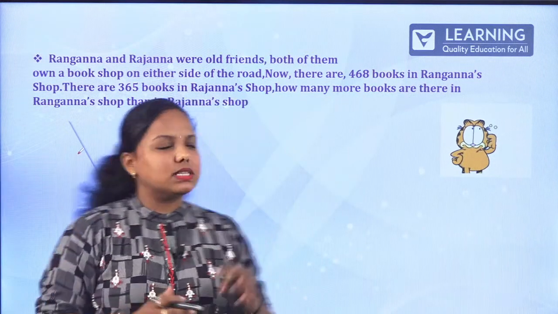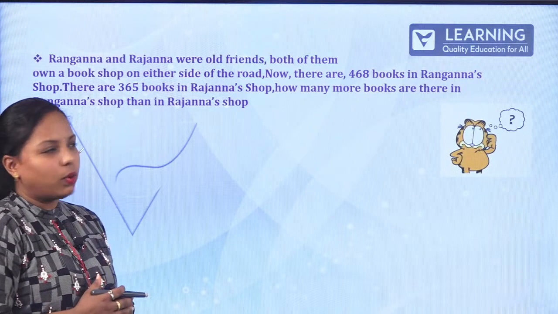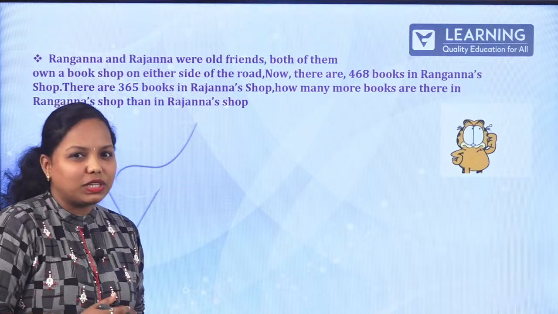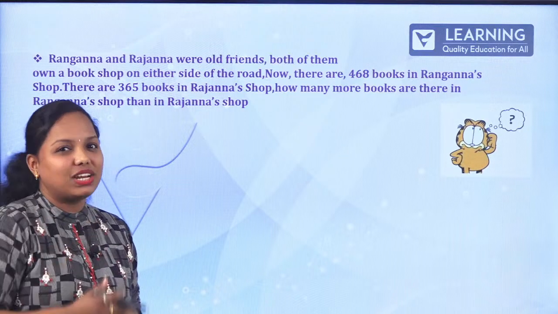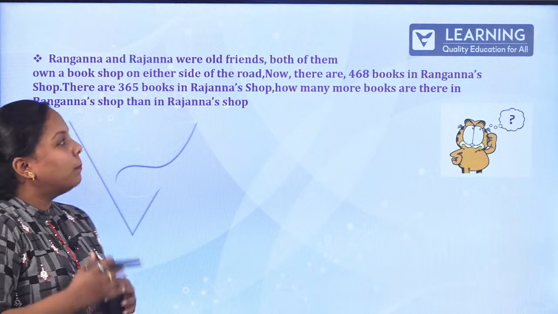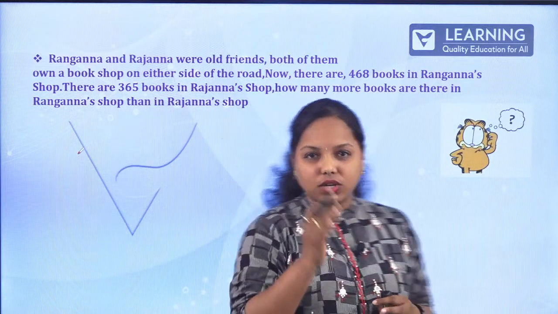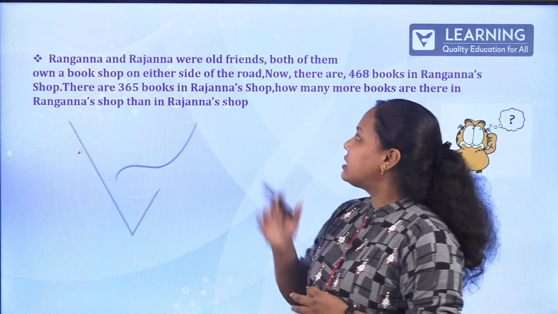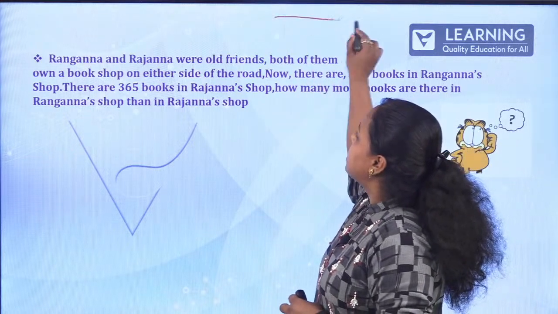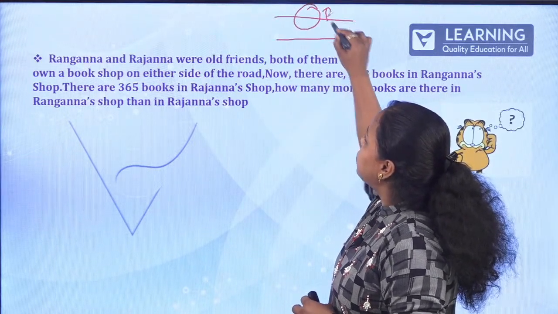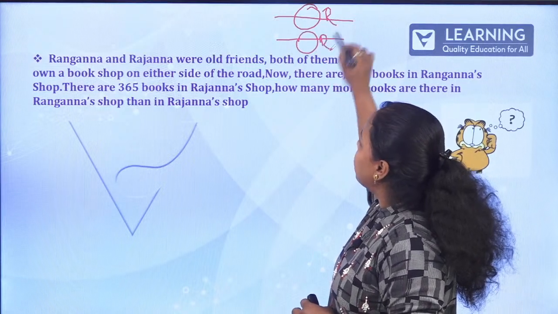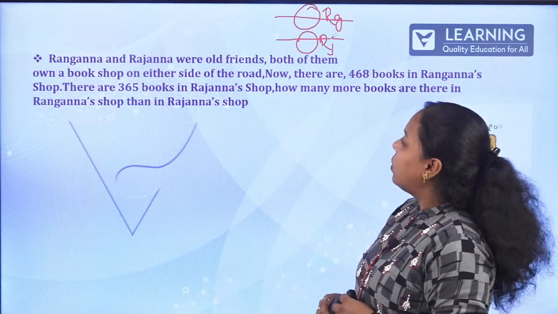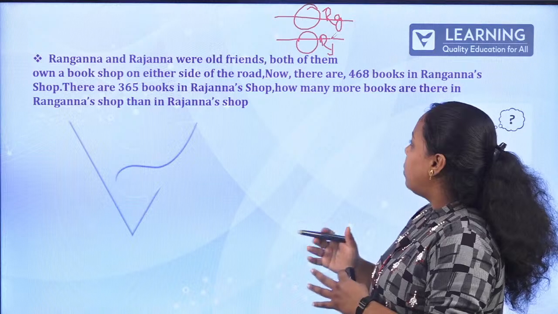Now, the problem is: Rangana and Rajana were two old friends. You can put your friend's name also. I hope you are doing along with me. That would make it easier for me to make you understand. Both of them own a bookshop on either side of the road. Suppose this is the road. Here is Rangana's bookstore and here is Rajana's bookstore. Let me cut short as RG and RJ. Okay. Now, on either side of the road,